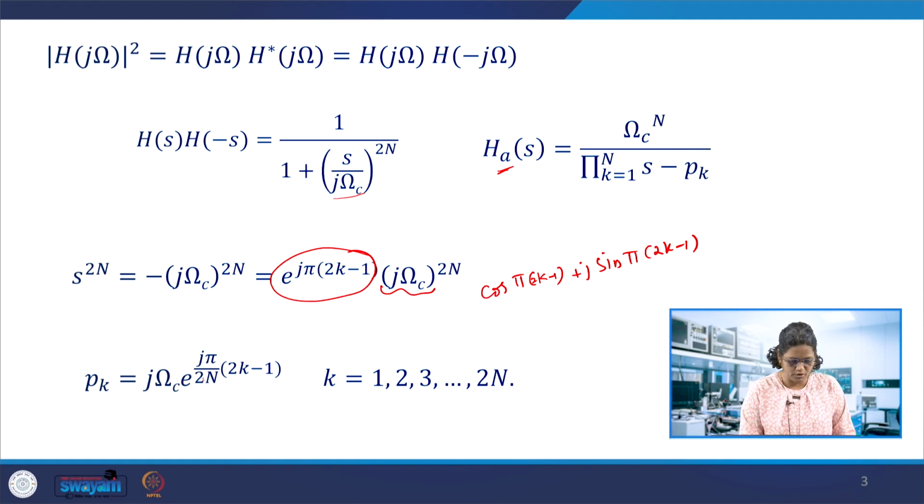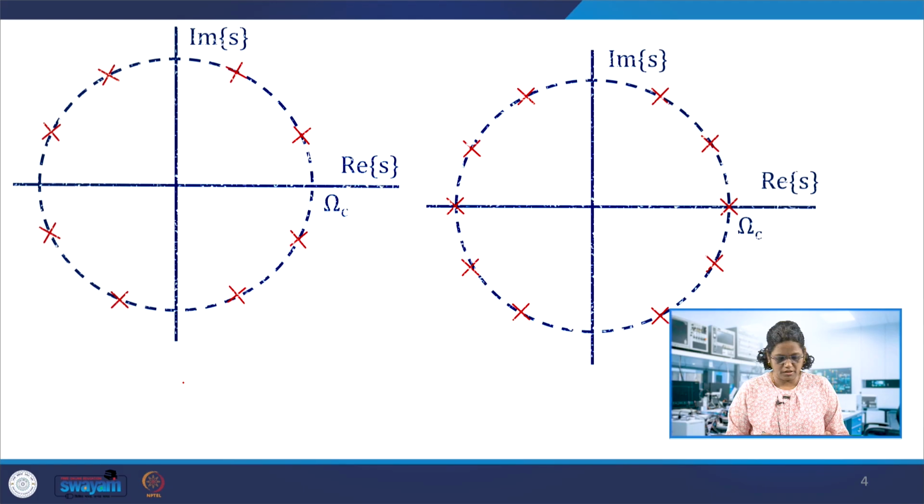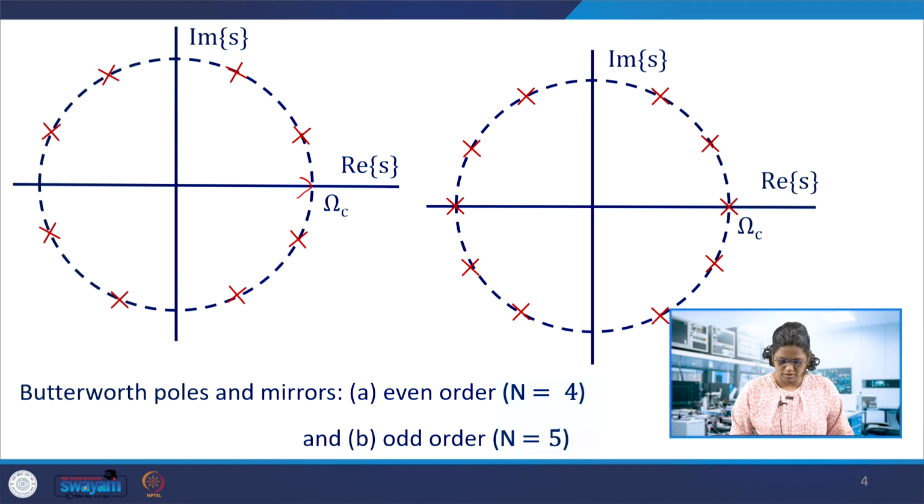So that is going to be 2n into 2k minus 1. So k varying from 1 to 2n gives us the pole locations of the Butterworth filter, in which the poles lie on a circle in the S plane whose radius is omega c. So you can see that location, marked as omega c over here. The radius of this is omega c, and you can see the pole locations for n order as 4,